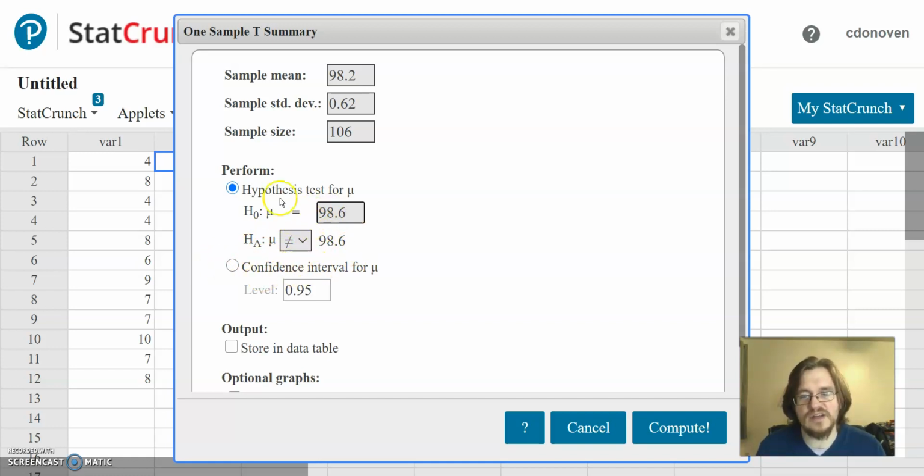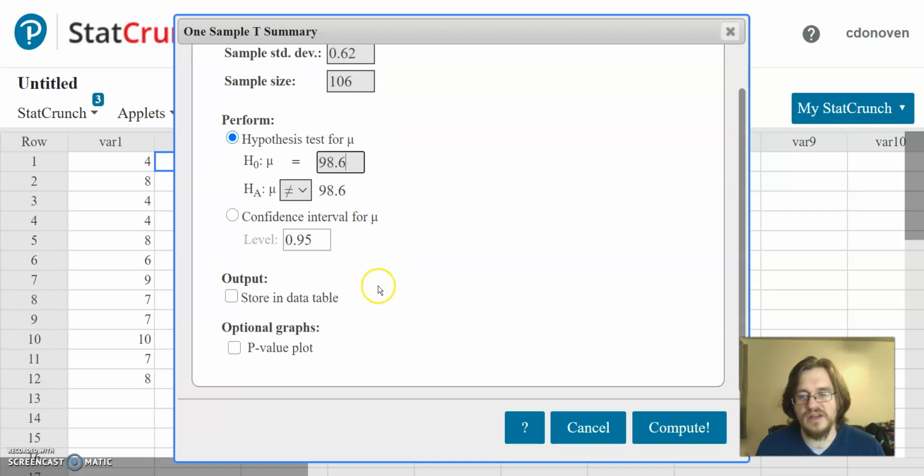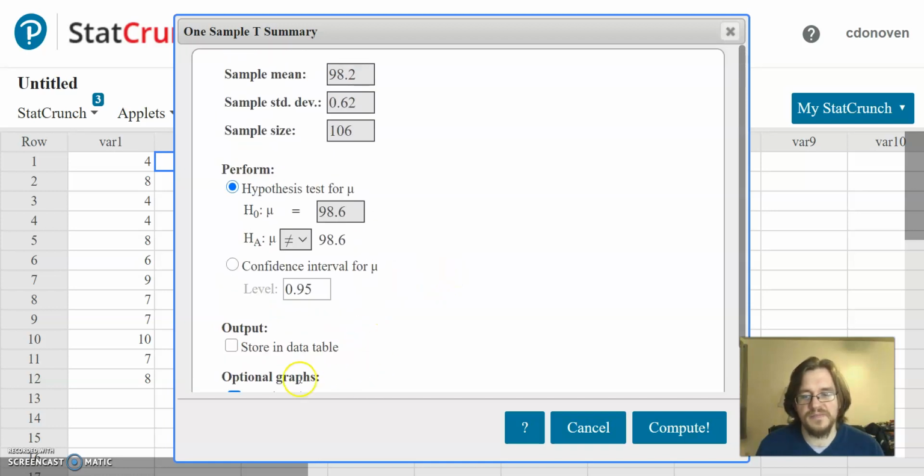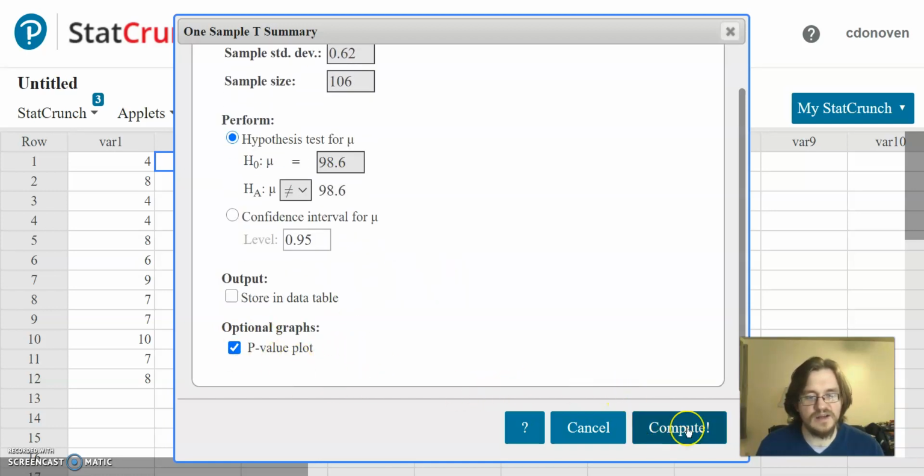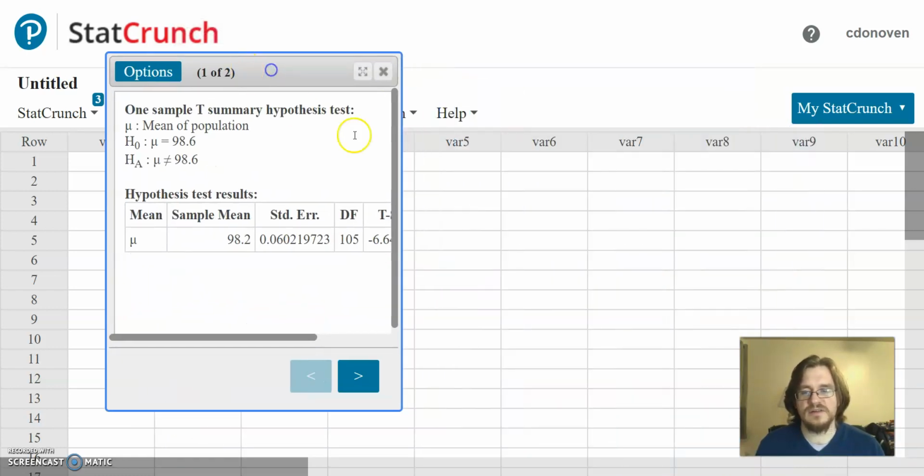So again, we're not constructing a confidence interval, we're just constructing a hypothesis test. So we've entered all of our information, and just for fun, I will plot the p-value as well. This is not necessary, this is just to show this in a graph. So if we compute this,